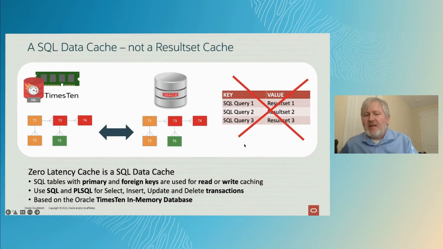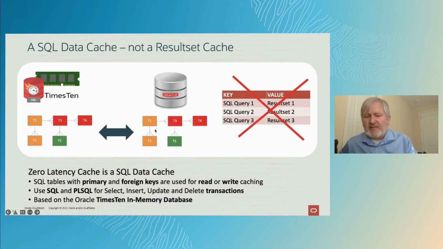You're minimizing the amount of things that you need to change for your application to talk to either the cache or your existing Oracle database. More specifically, if your SQL data cache is based on a SQL database, that means we're using SQL tables with familiar things like primary keys and foreign keys for your read-write caching. That means you can use the same SQL and PL/SQL in either your cache or your Oracle database. So if we make it all very similar, we're minimizing the cost of your application changes to use a cache